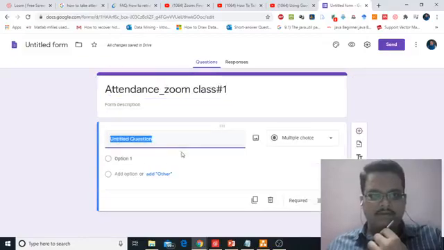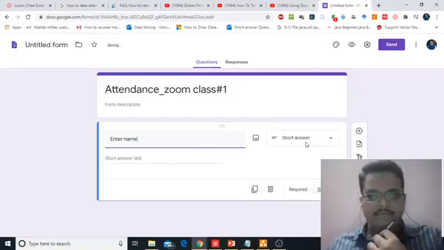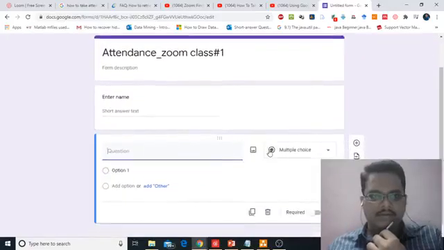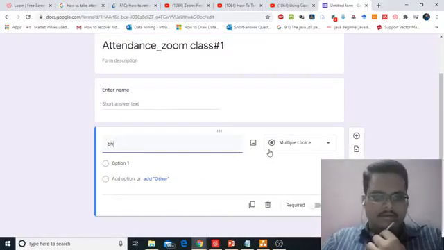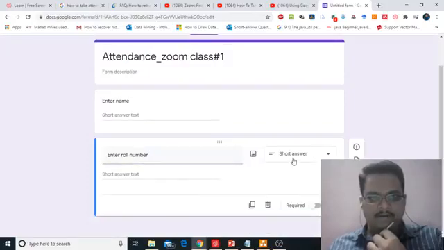You can add the questions, like enter a name, which is a short answer. Then add another question, like enter roll number. You can remove the response validation, and it will be a short answer type.